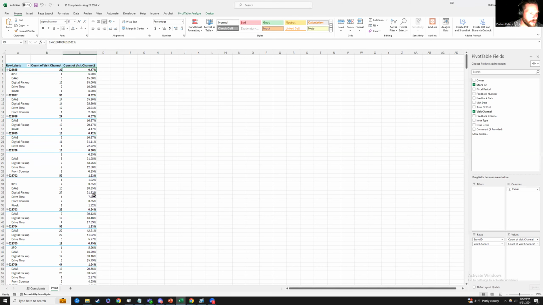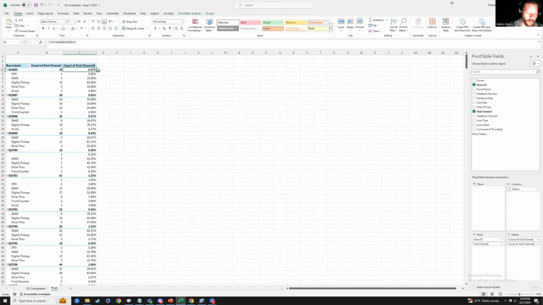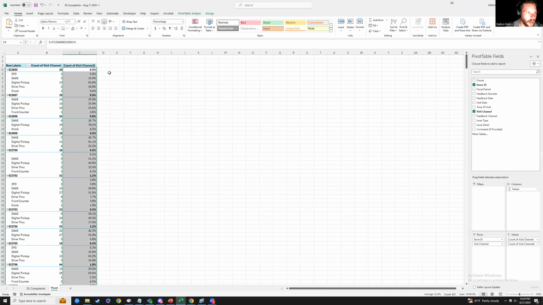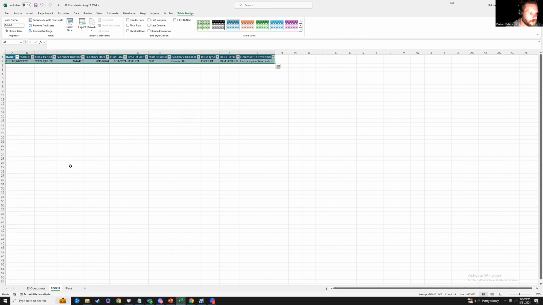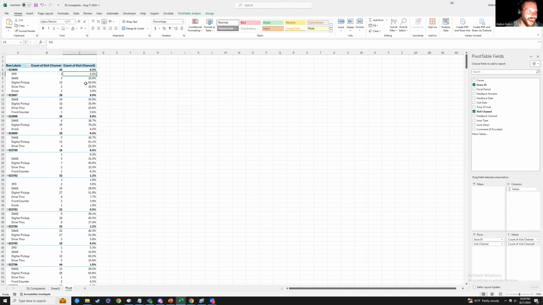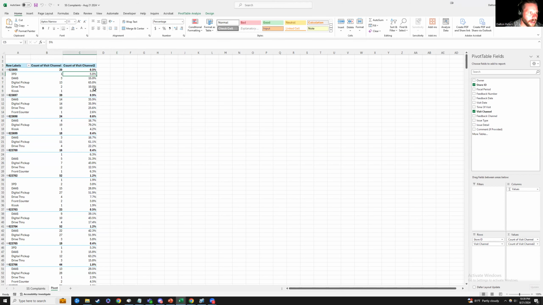And just say, for example, pivot tables, you can format them just like you can format anything else in Excel. So I'm going to select this whole column and I'm going to do it with Control Shift arrow key down. And I'm just going to decrease the decimal place by 1. Whoa. I'm actually not even sure what just happened. I guess we can get rid of that. But yeah, so now you have